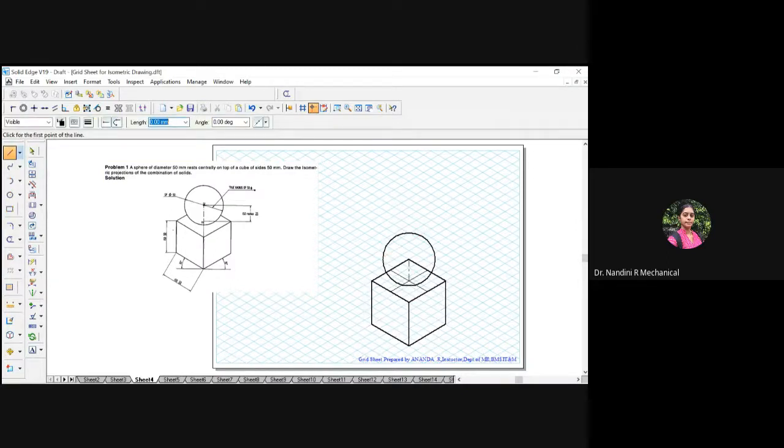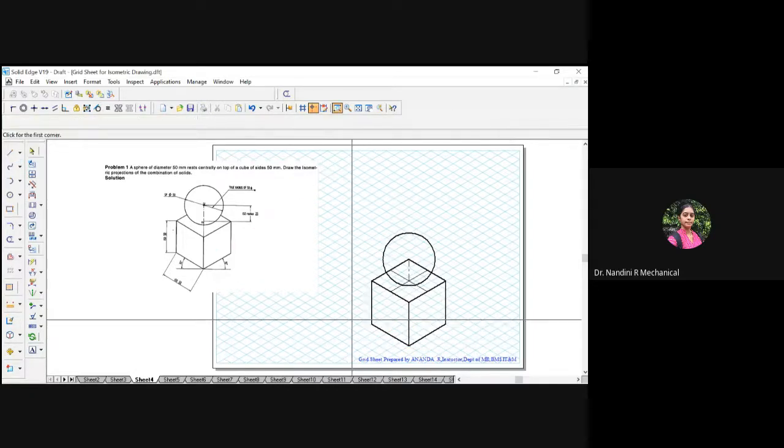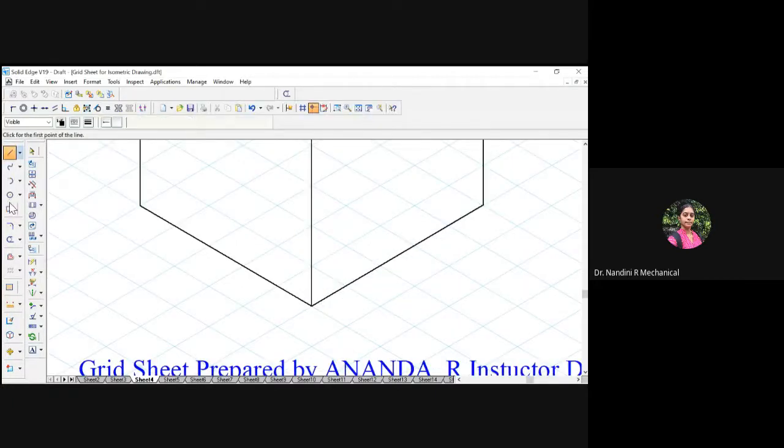If you need to show the inclination of the angle, you have to zoom into the area. From this end point, just draw a line. You can check the angle, it will be exactly equal to 30 degrees.